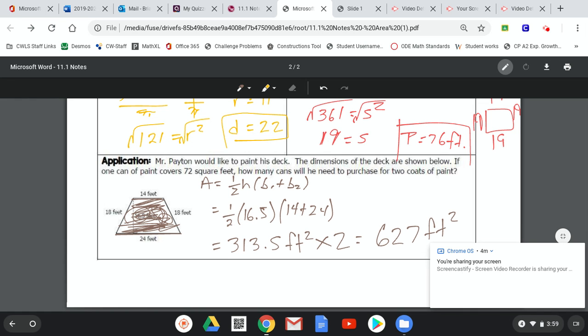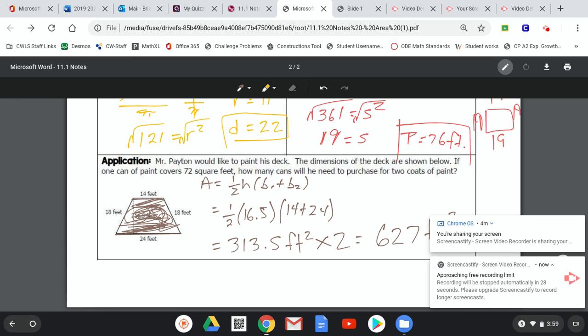And for this one, we're going to have to divide it by 72 because 1 can of paint covers 72 square feet. So we divide it by 72. And when we do that, we get 9 cans of paint. And that's only because 1 can of paint covers 72 square feet, and we're going to have to cover an area of 627. We found that because it's 2 coats of paint that he had to purchase, guys. So I just want to make sure we're clear about that. We found the area, multiplied it by 2 because we're talking